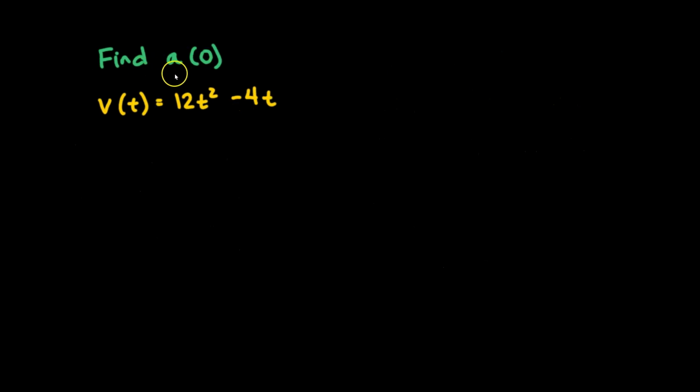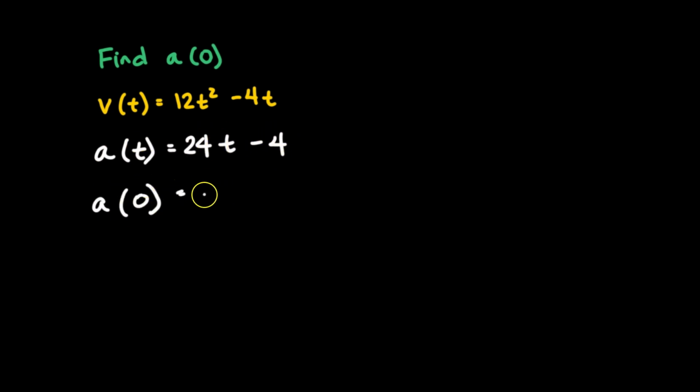Now we're going to find the acceleration at time 0, and our given velocity is 12t squared minus 4t. I want to encourage you to pause this video, give it a shot, and then check your answer. The first thing we're going to do is to find the derivative of this velocity equation, and we get 24t minus 4. Then substituting 0 into our acceleration equation, we get that the acceleration is negative 4 meters per second